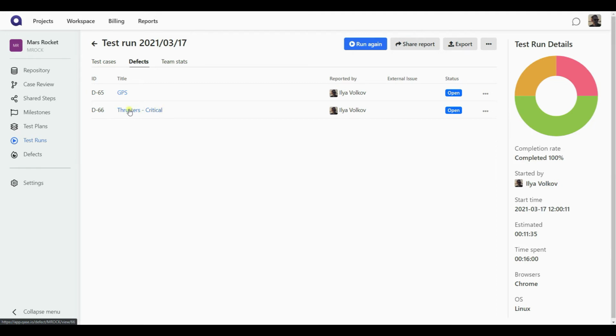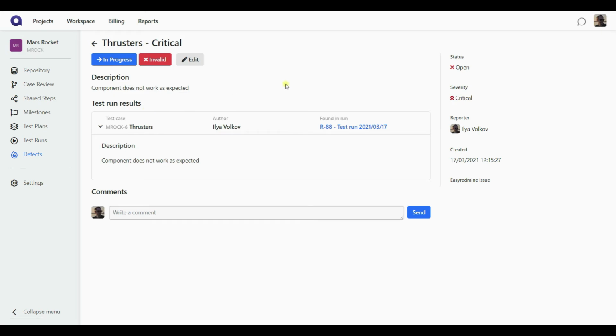If I want to review the details of this defect, I would simply go to it and I will find what was left as a description for it, so what exactly did not work as supposed to. I will see all the other details of this defect, like which run it was found in, what case it is related to, and so on and so forth. If I had it attached to multiple runs, of course,